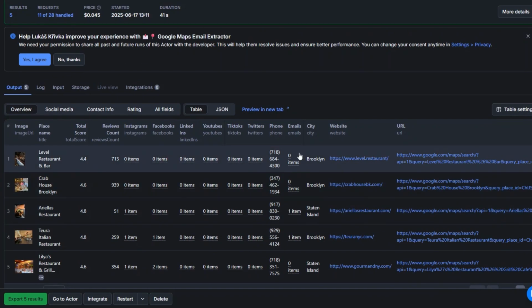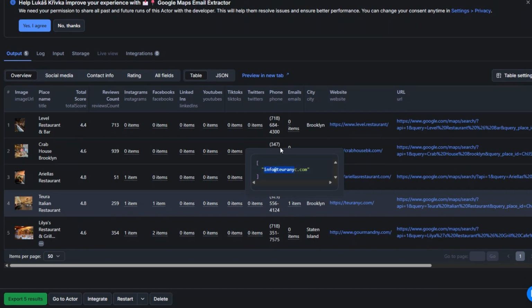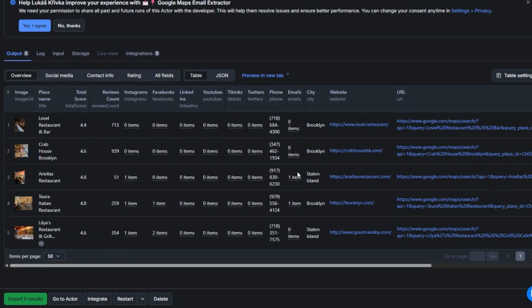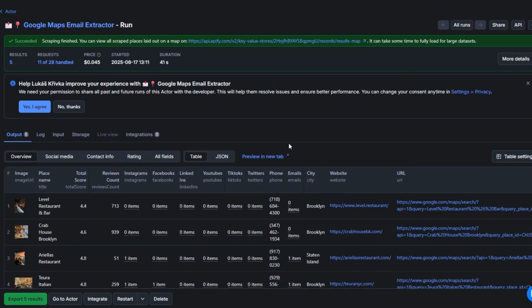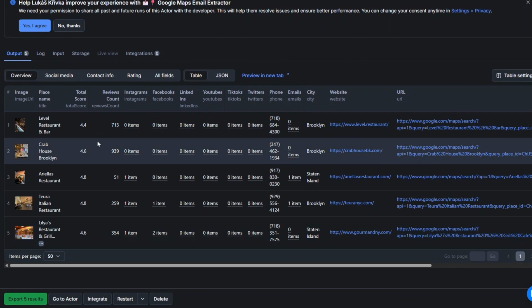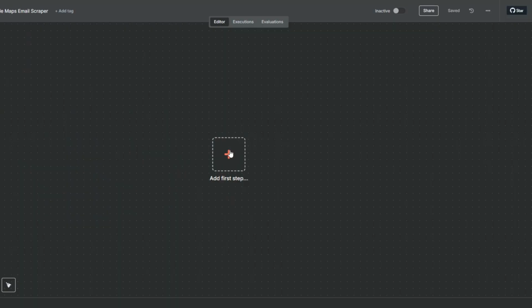You may notice that only some of them have their email addresses available. Most of them will not have the email addresses available. So we'll have to perform a filter later on in the workflow. Now, to get these leads we just scraped right here into our workflow in N8N,